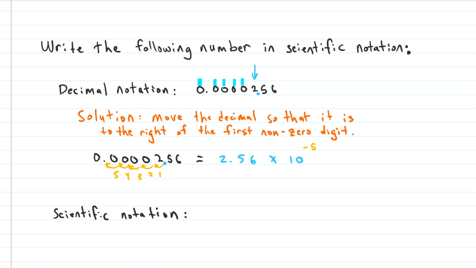So we can now write our answer because our decimal version was given to us up top, 0.0000256, and the scientific notation we're going to write down here, which is 2.56 times 10 to the